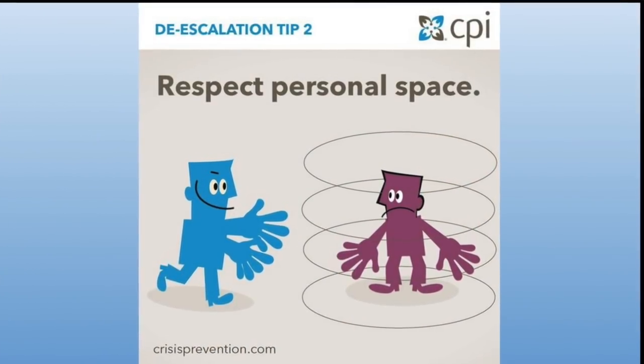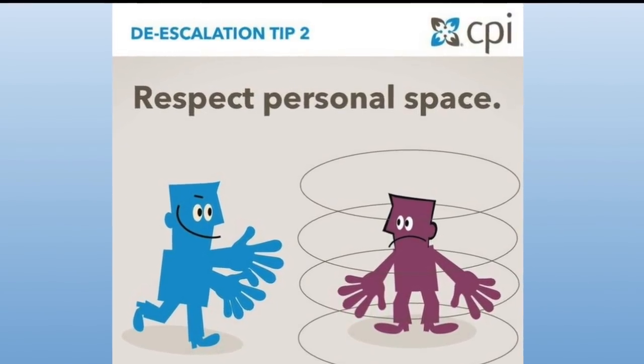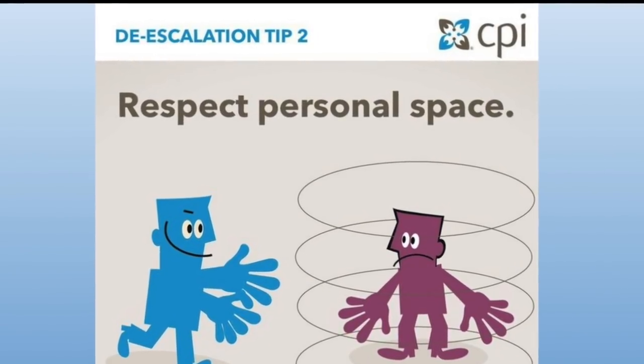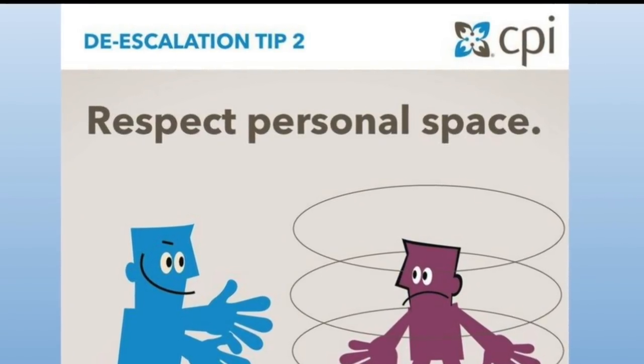Next one, our next tip is to respect personal space. Something I like to point out here is this isn't always just about your bubble, it's also about their bubble, and sometimes there's a back and forth. Sometimes my bubble is a little bit bigger than maybe the students would like it to be, but this could also include their stuff or their items, or if we have students who utilize a wheelchair or a walker or crutches, that is part of their person also. And sometimes if we are just trying to be helpful, we are invading their personal space, which is not communicating respect to them.